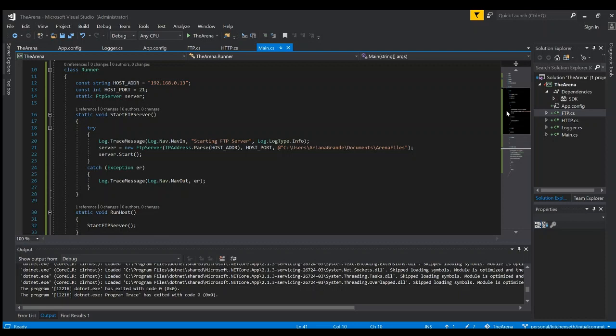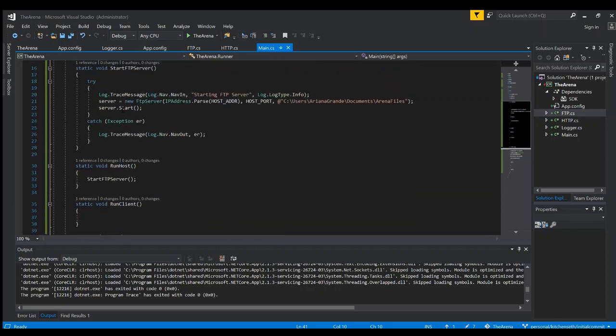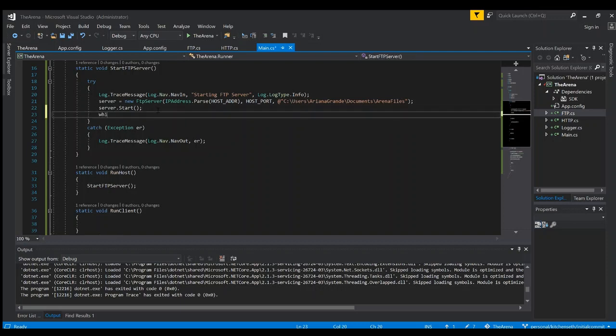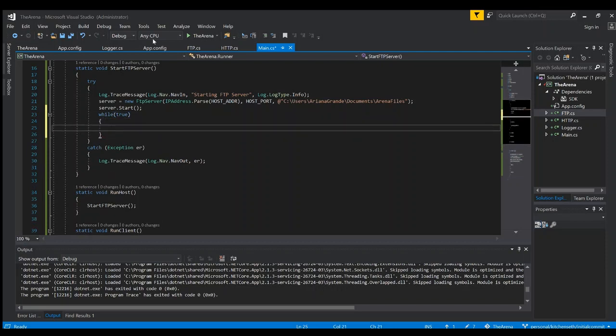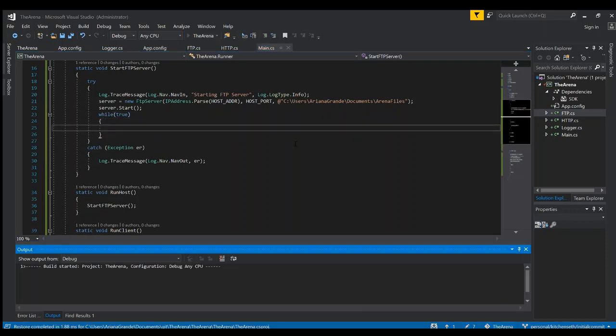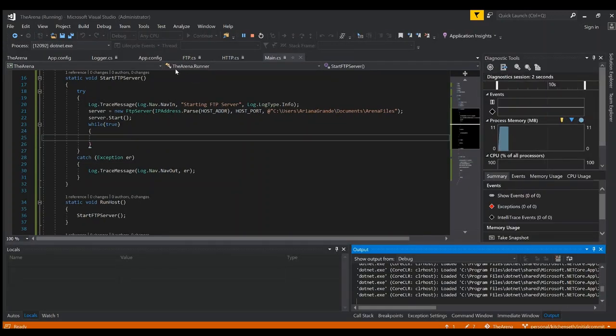Okay, and the reason that stopped is it ran to the bottom here, it started the server, and there was no other code, so it stopped executing. So we'll just put a while true loop at the end here. The FTP server runs on a separate thread, so it'll still be able to run while we have this while true blocking call. Okay, so now it's continuously running. Let's see